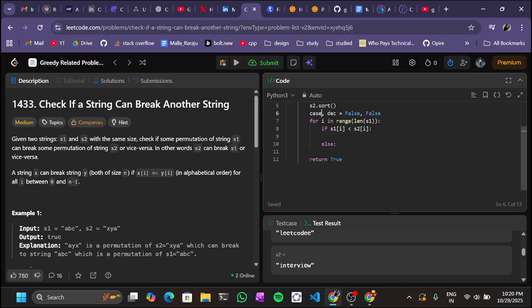Or let's keep case 1, case 2. If case 1 and case 2,